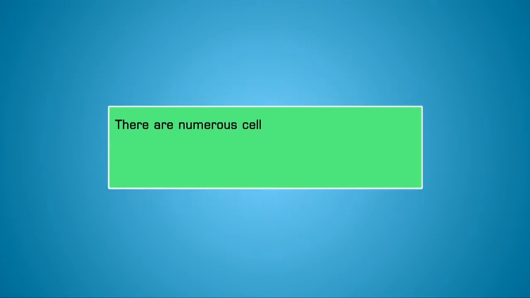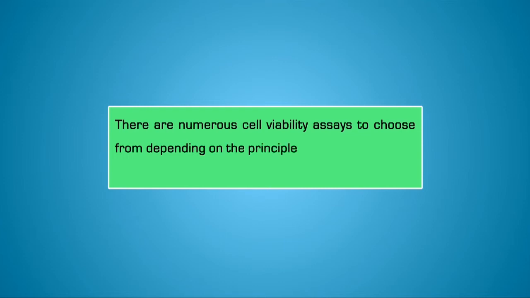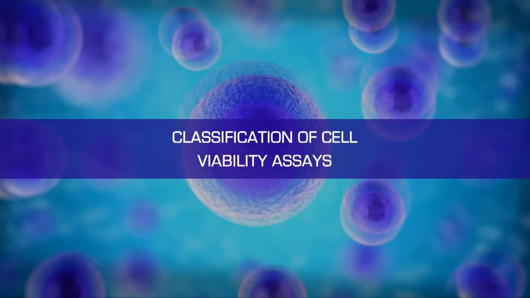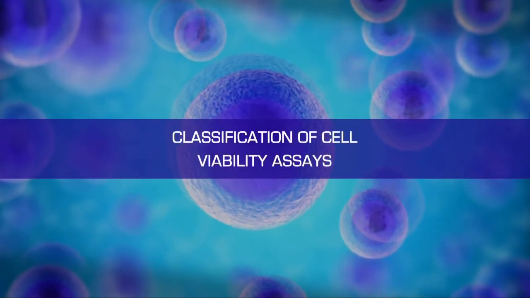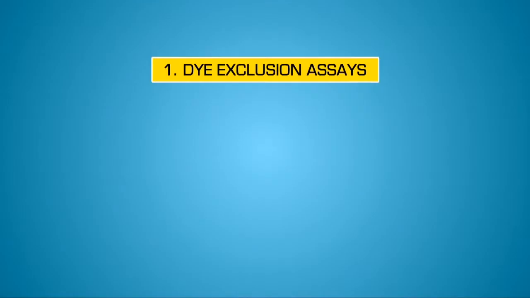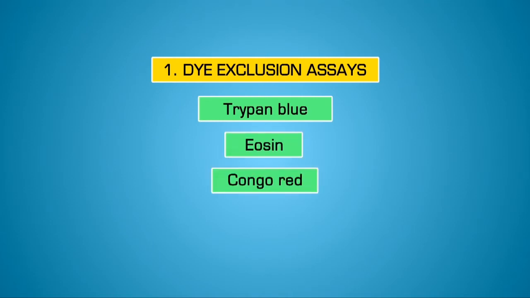There are numerous cell viability assays to choose from depending on the principle and interaction type they are based on. Now let's discuss classification of cell viability assays. Cell viability assays can be categorized as: number 1, dye exclusion assays such as trypan blue, eosin, Congo red, and